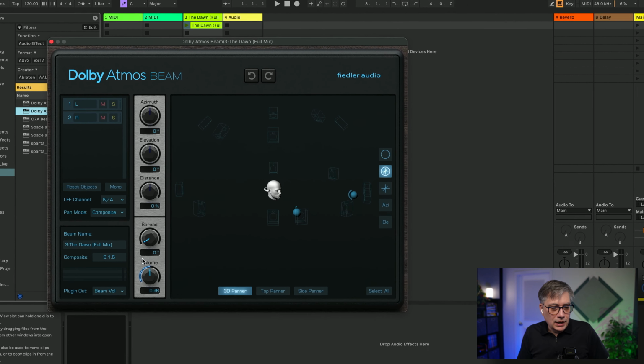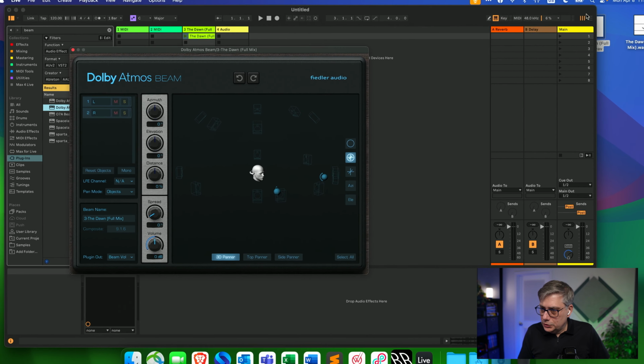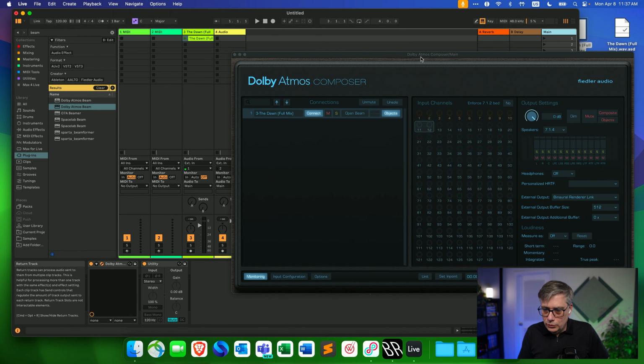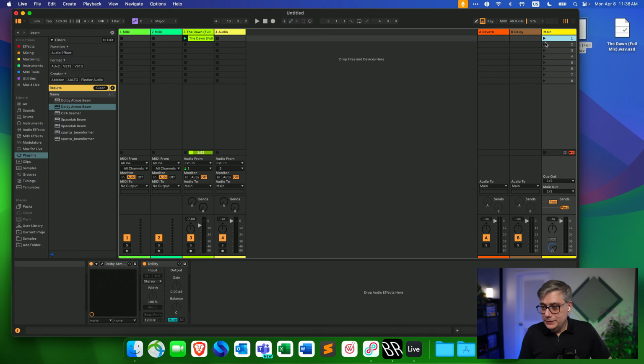Here I can make a couple of settings. I can select whether or not I want to have that routed into the Atmos bed, which is the default here. I'm going to switch that over to objects in order to make sure that the audio comes in as an object. So let me check on the Dolby Atmos Composer side here, and I see that I have this one track coming in as an object, and it's going to be routed into channels 11 and 12. And with that I should already hear something, so let's press play and see if we get audio. And yes, indeed we do.